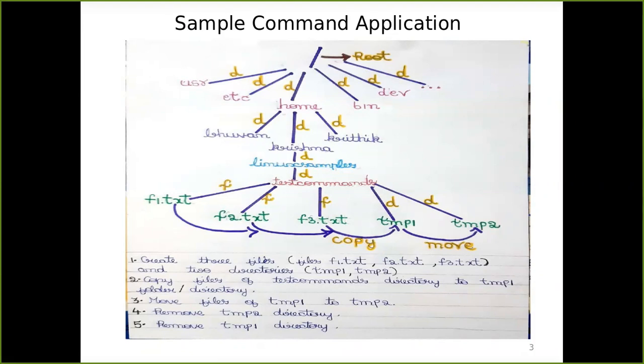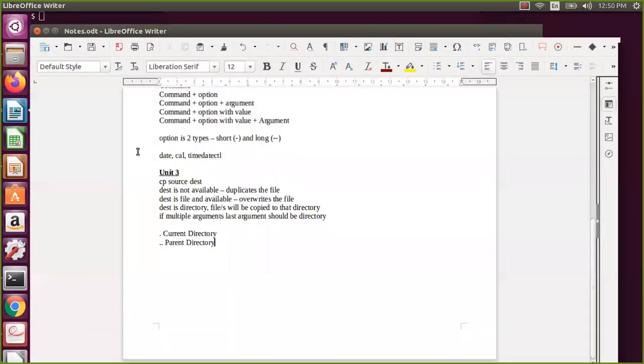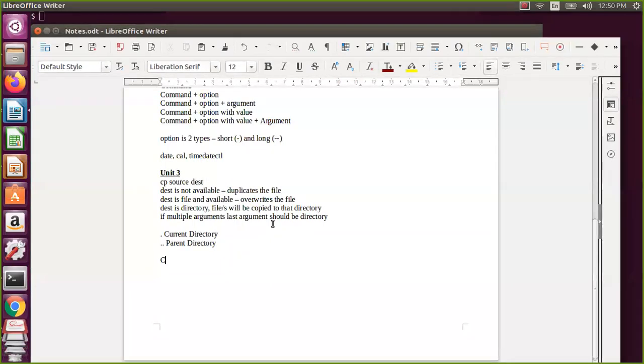Now we will be in the destination directory and copy from the source. That is the second way we will do it: copy what is present in the source directory and copy to the destination.